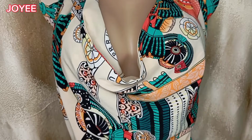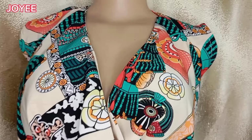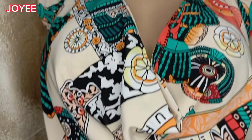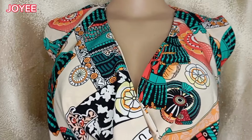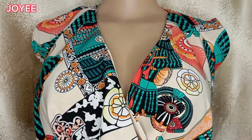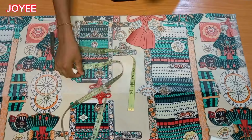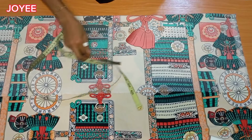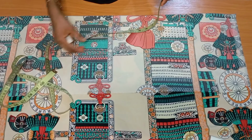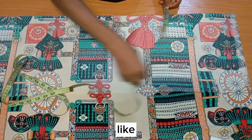In this video I'm going to show you how to sew a cowl neck dress without a pattern. Okay, so if you're looking at how to go about sewing a cowl neck dress like this without drafting on a pattern first, you should continue watching this video because I'll be cutting directly on the fabric. I don't need to draft it on the pattern first before transferring to the fabric, so everything is just going to be freehand. Okay, so I'm just folding my fabric here into two like this,